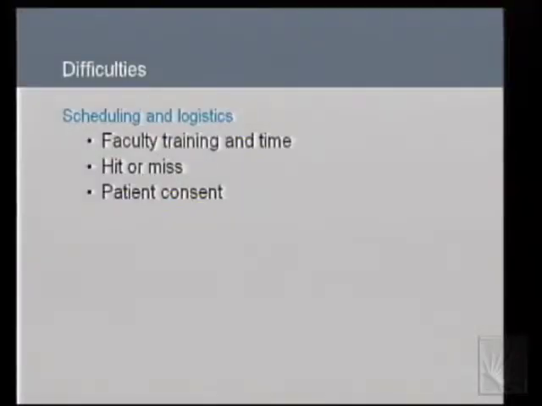So what is the problem there? You know, generally the one big issue is training time. There's a lot of hit or miss. You know, faculty has a little lighter day today and you get a perfect patient and they sit down and actually watch the student take a history, they'll get some great feedback. But it's really hit or miss, and I can, I guess, safely say in this audience, we have had residents who will tell us they went through the entire medical school and not once did anyone watch them take a patient history.